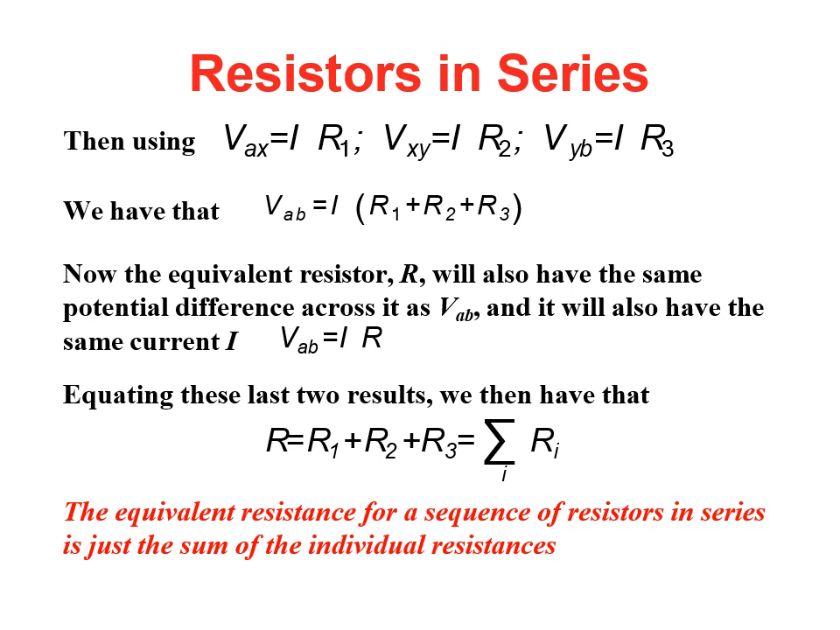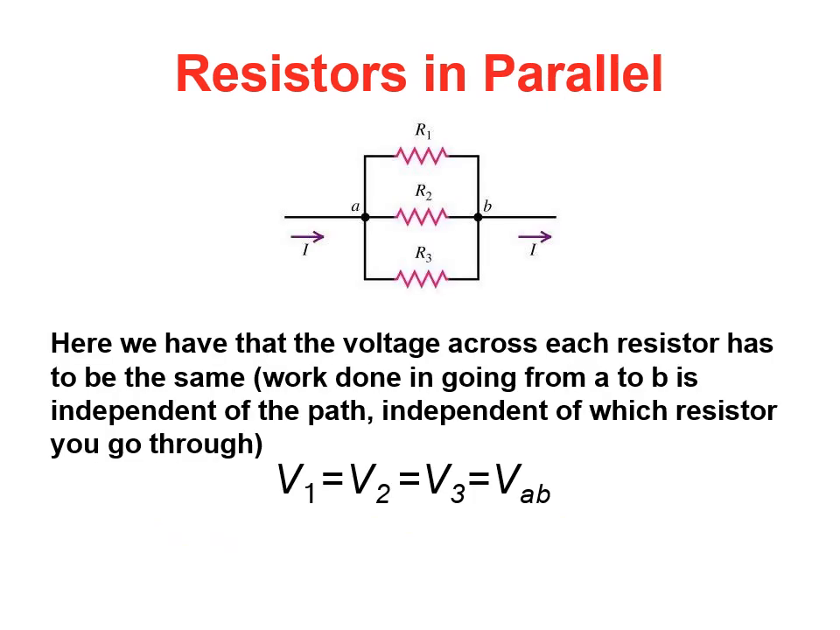Equating the last two results, then we have that the total resistance R is equal to the sum of the three resistors: R1 plus R2 plus R3. Resistors in parallel. So here we have three resistors connected in parallel